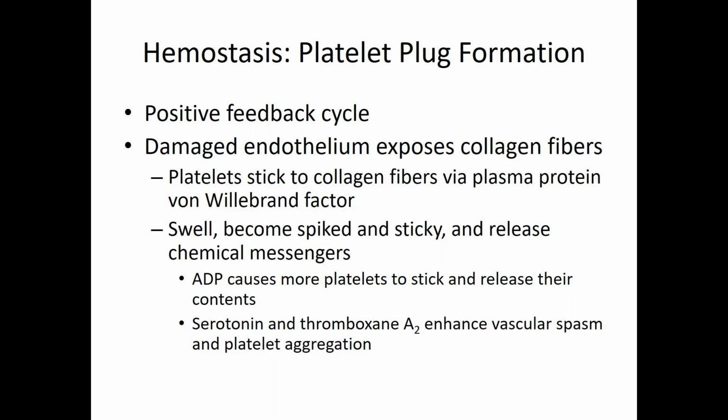until we can get a platelet plug formed. We talk about feedback cycles a lot in both AMP1 and AMP2. Generally speaking, right, we talk about them being negative, right? So we have a problem. Say your blood pH is too low, right? So we dump a bunch of bicarbonate in there, we raise the pH back to where we'd like it to be, and that shuts off the production of bicarbonate, right?